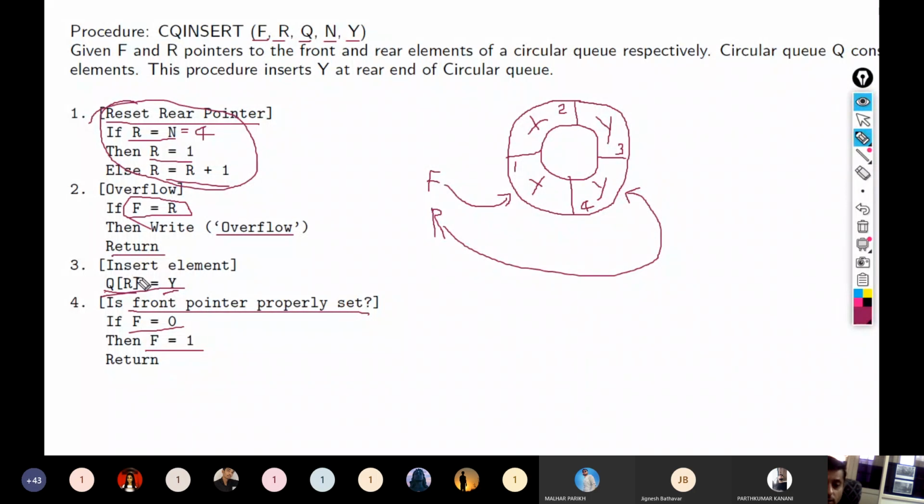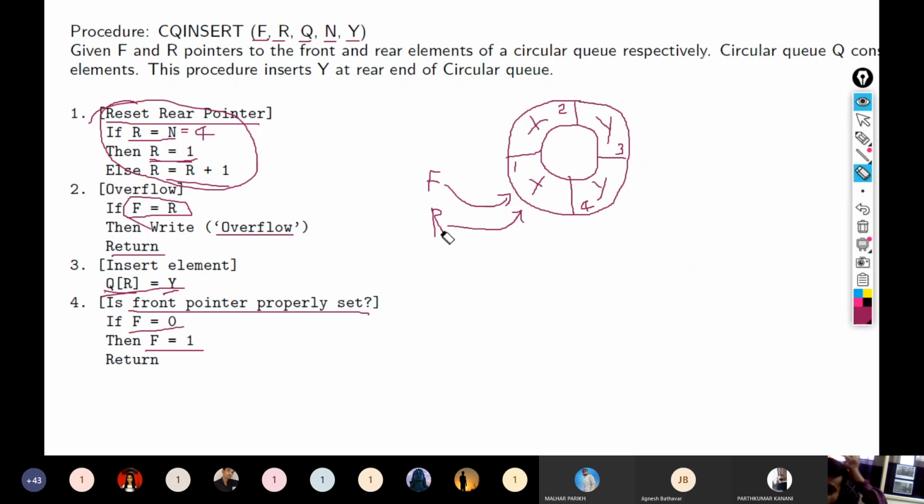Now if I still run this algorithm, I find that R equals n. So R will be set to 1 because R equals n. And I have to check if F equals R, yes, that means it is overflow. See, there is no vacancy in the queue. So if F equals R after updation of the rear pointer, then it is called the overflow condition and you cannot add the element.